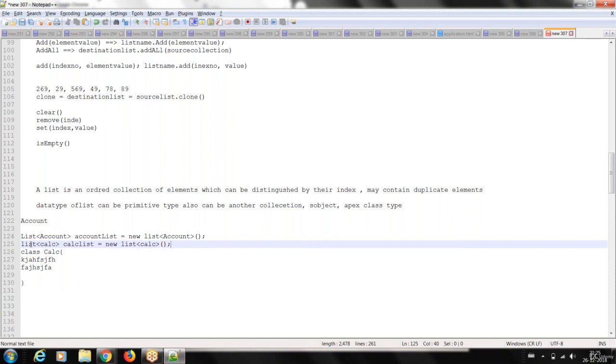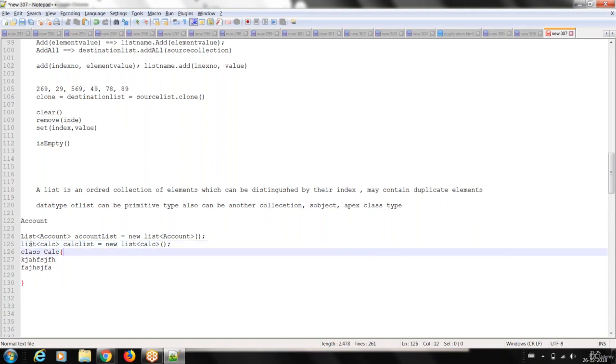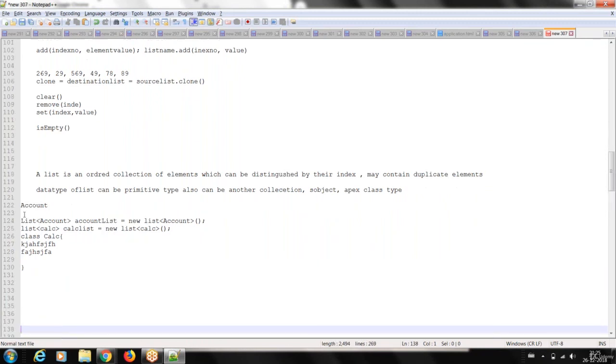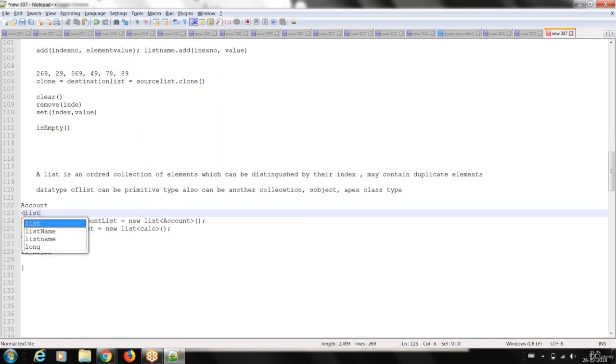It can be written in this way also. Same way, it can be a list of primitive types, like list of integer type, correct? What we saw in different examples.